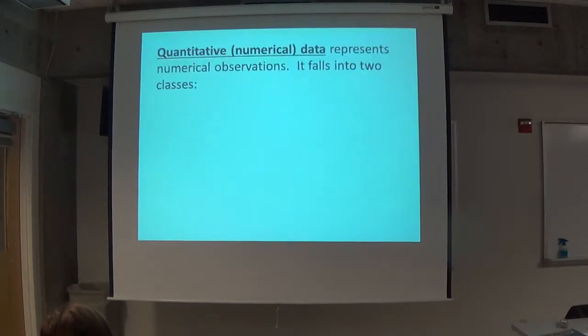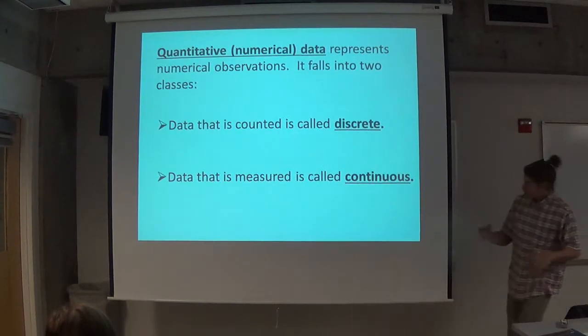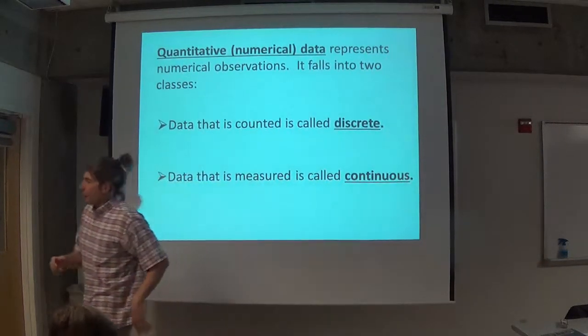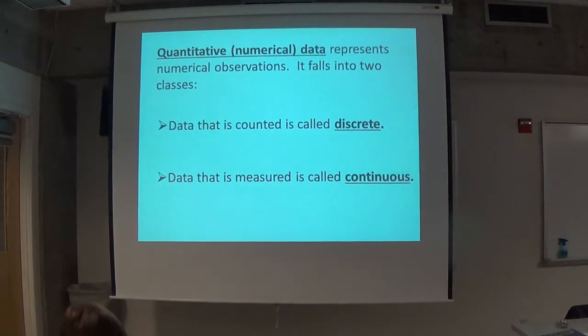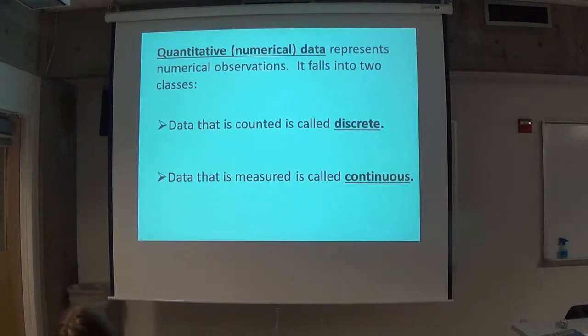So I want to talk more about the stuff we can do more with, which is the numerical stuff, also formerly called quantitative data. Good stuff. This wouldn't necessarily be what's the style of car that you drive, but how long is your commute to school? Is it between 0 and 3 miles? Is it between 3 and 5 miles? You break it up in some way, perhaps.